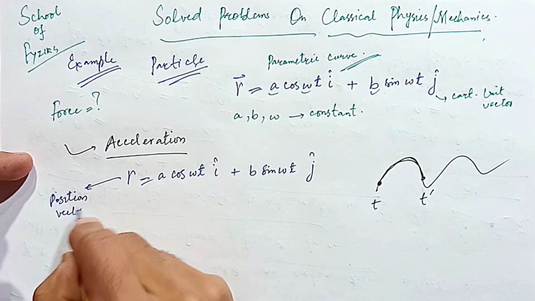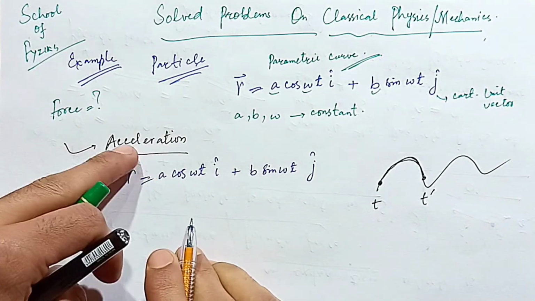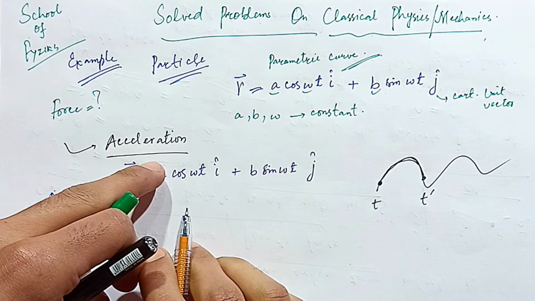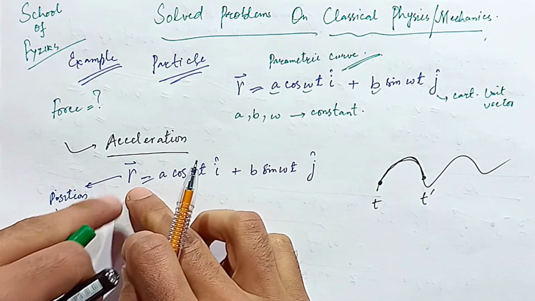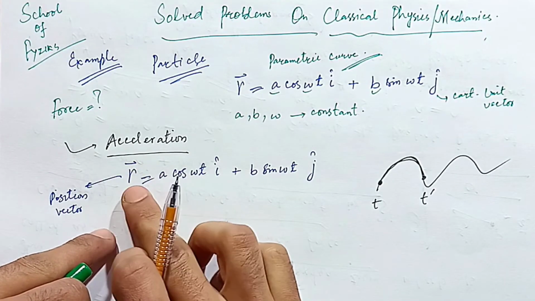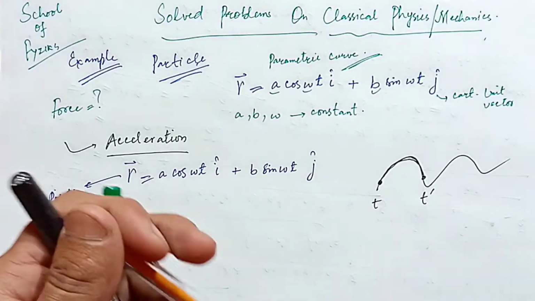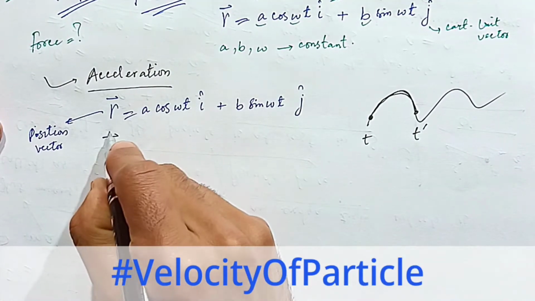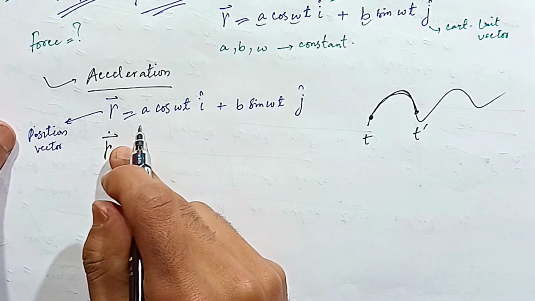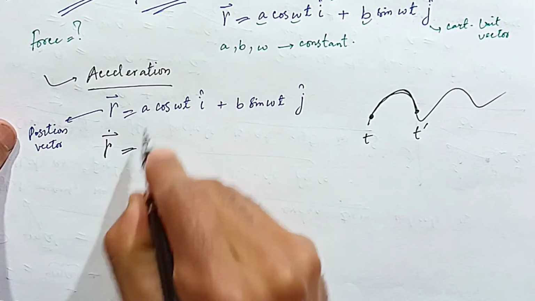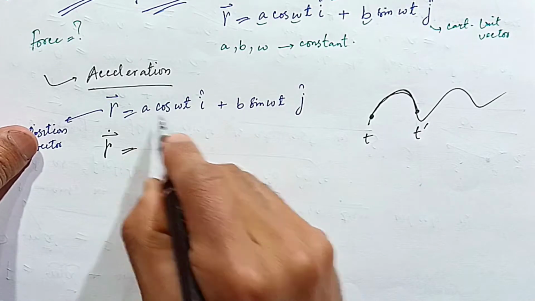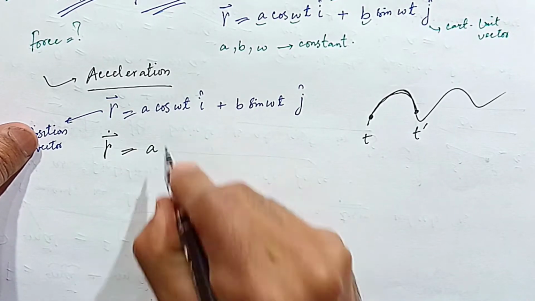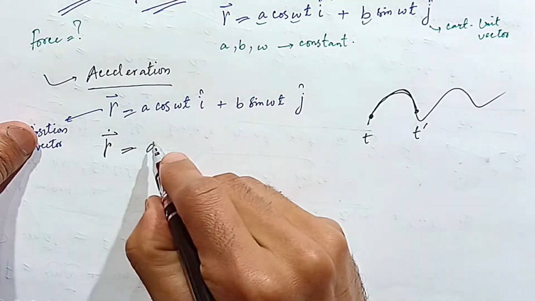To calculate the acceleration we need to double differentiate this position vector with respect to time. So differentiating first with respect to time, we will get r dot, that is dr by dt, equal to, differentiate this, a is constant, omega is constant, so keeping a as it is,